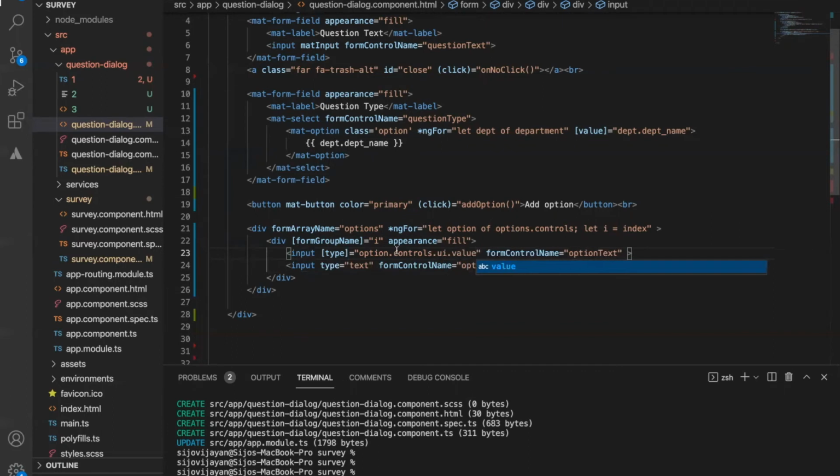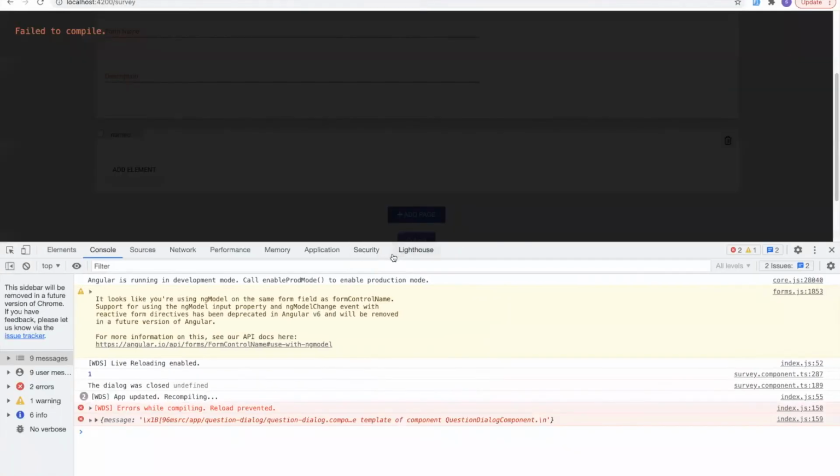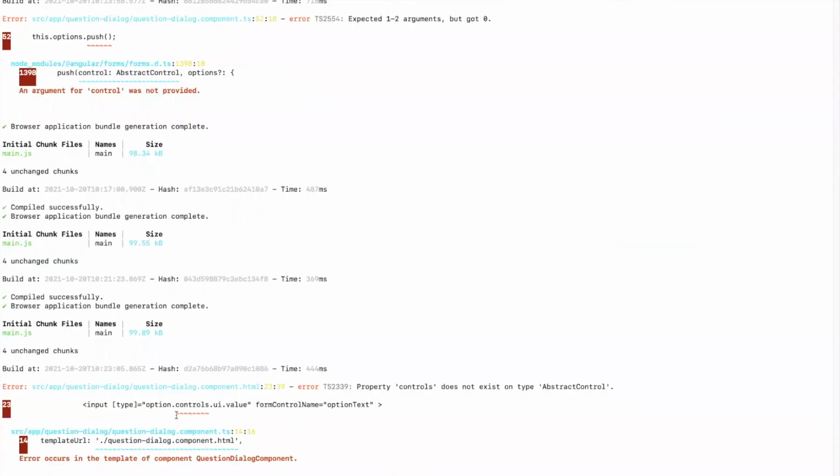UI dot value. So using this, it's supposed to show something. Okay, let's see. Oh, it's showing an error. So here in the console, it says this is invalid. So this does not exist in the abstract control.